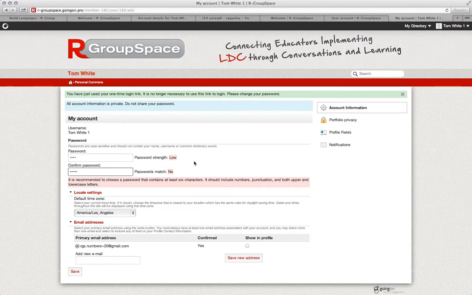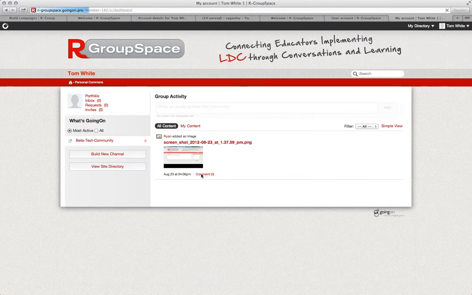All right, and he's going to hit save. So Tom now can see all this, and immediately he's going to see that he's right into this community, and everything that we added, we had chosen for him, and he's just in the beta test community. So if we had made him home community and all that, then he would actually have more features to see,